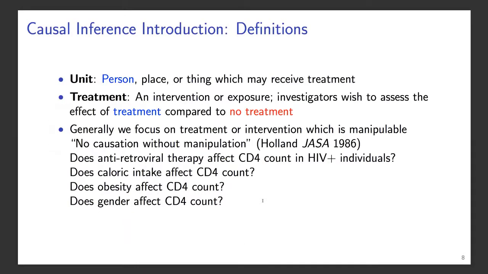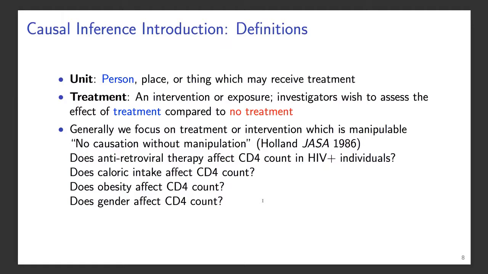Okay, so we're going to be thinking about treatments or exposures and them potentially having an effect on a unit. The unit could be a person, a place, or a thing. In biomedical research, we typically think of the units as people. I'll refer to treatment or exposure interchangeably, but this is the thing that we'd like to assess the effect of. We could also think of this as a policy or a treatment protocol. There may be multiple aspects to this, but at a high level, we'll just refer to it as a treatment or an exposure.